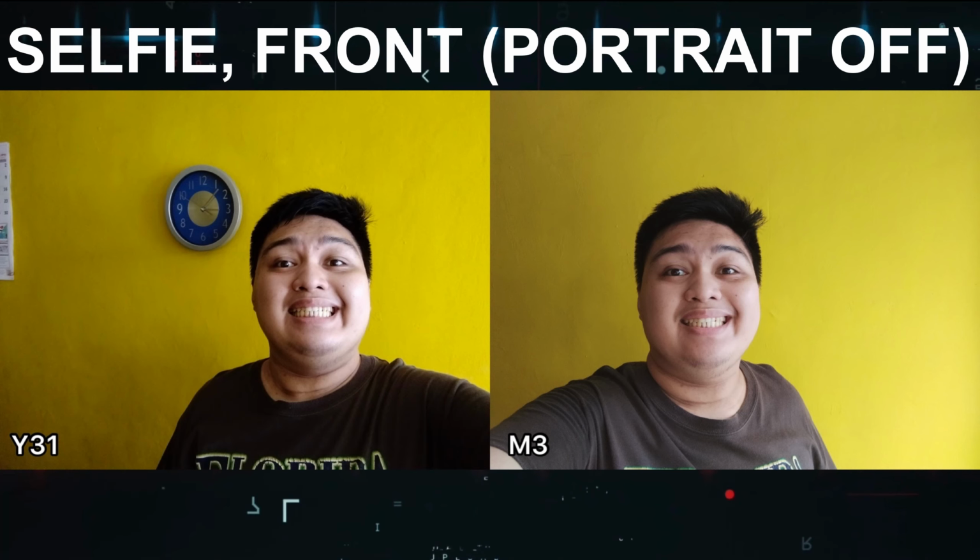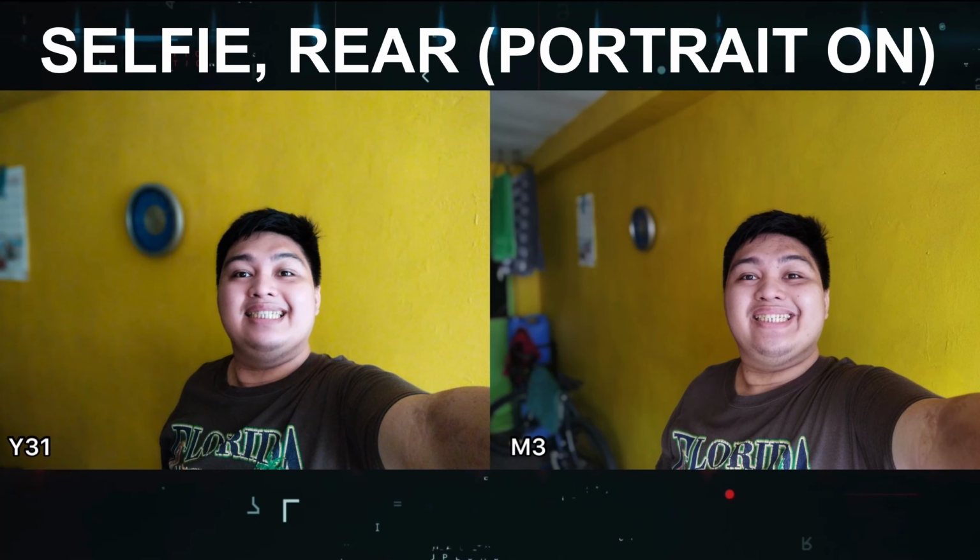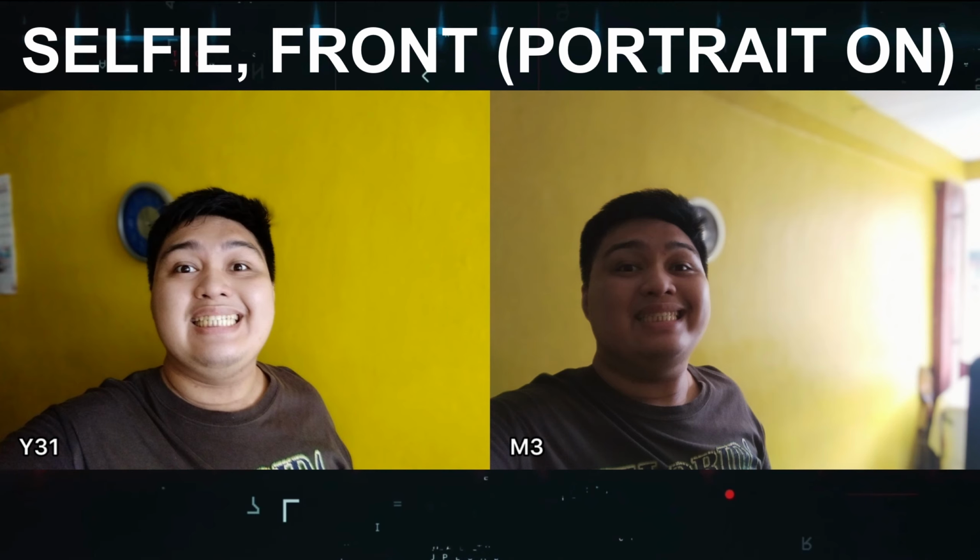However, my face is smoothed out like I had a foundation on it, even though I turned all of the effects off. Same results go with the bokeh mode on for rear and front. The Y31 has great background to foreground separation, but again, face smoothing even though I already turned it off. While on the M3, it has great and not too excessive bokeh creaminess, but areas of my hair have been